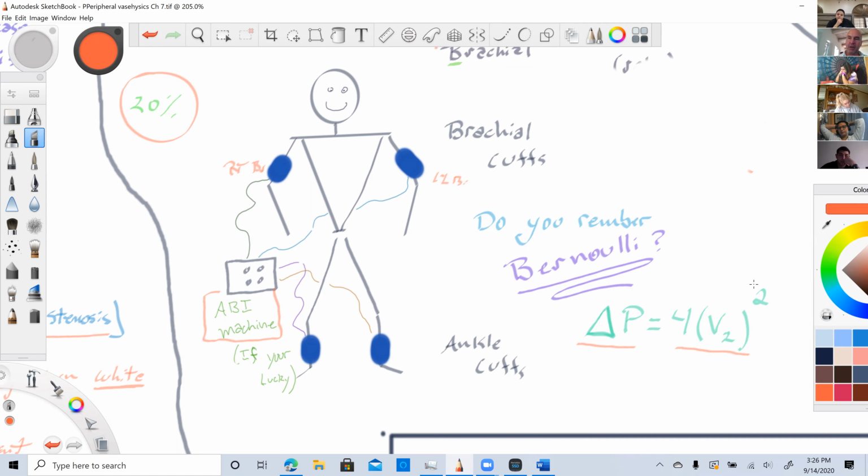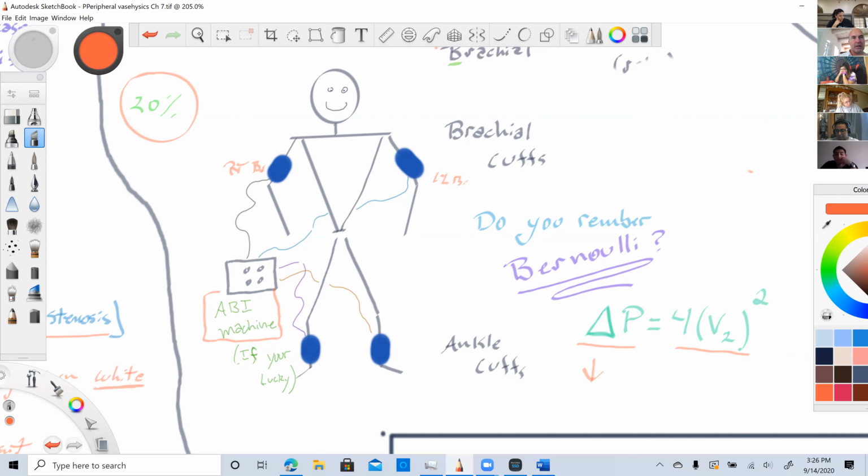And so when our blood travels through a stenosis, we have a big time pressure drop. Big time pressure drop, and it never comes back. So, having said that, we're going to look at,